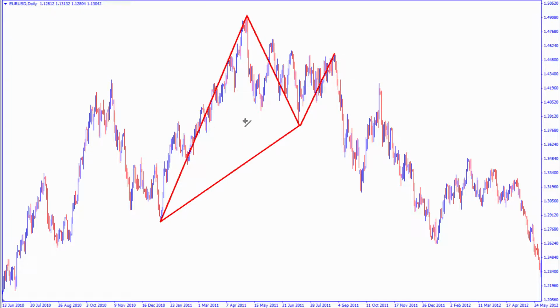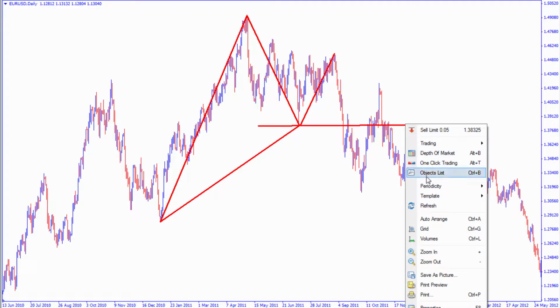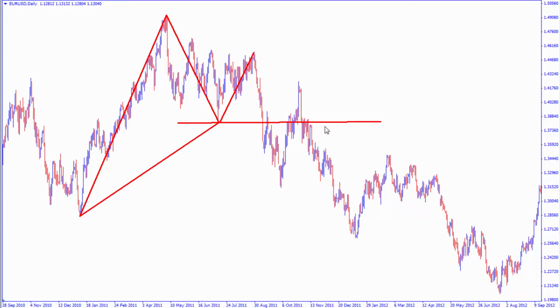Quite honestly, I don't do that. I know it's taught that once it breaks this point on the way down, you could then play from this point to this point. I don't particularly like that, because if we're looking at this market as a buying opportunity on a retracement down,